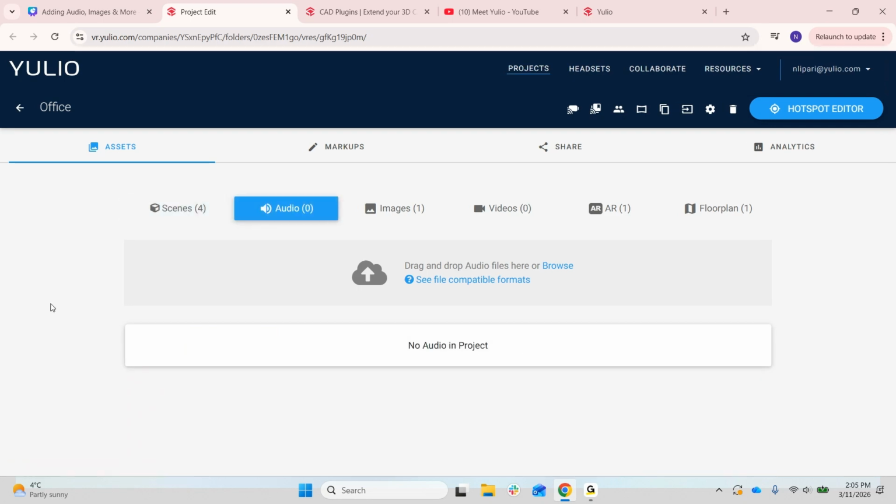So, audio is our first enhancement asset that we can add to our VR project. And there's a couple of different ways that you can incorporate audio into your VR experience. So, the first is through audio hotspots, and those are placed as clickable hotspots anywhere in your project. A couple of ways you can use audio hotspots are to insert a welcome message or describe a design